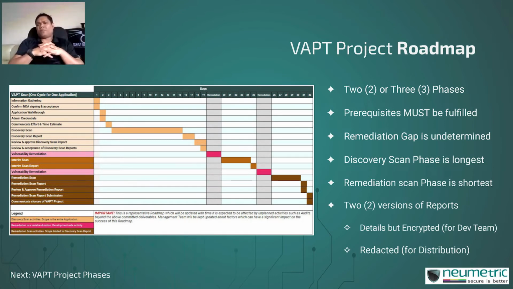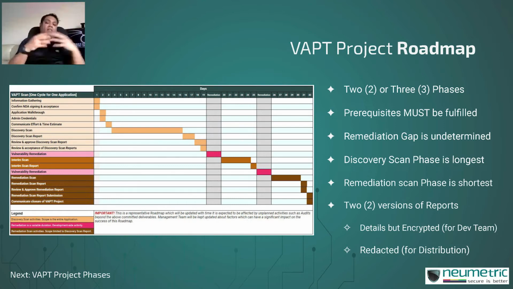Next is prerequisites must be fulfilled before the roadmap kicks off. As I said earlier, the remediation gap is undetermined, and there are 2 remediation gaps you see here. The reason why you cannot decide it in advance is because you do not know how long the development team is going to be taking to fix these vulnerabilities. It is entirely dependent on the security focus and the other priorities of the engineering team, which is why you can only give a notional estimate that maybe the engineering team is going to take y number of days to do it. You do not know that in advance.